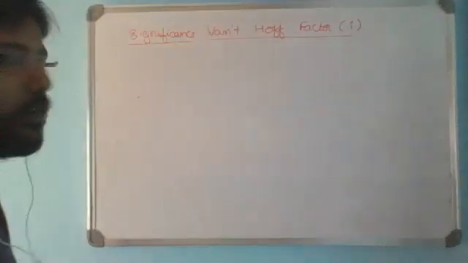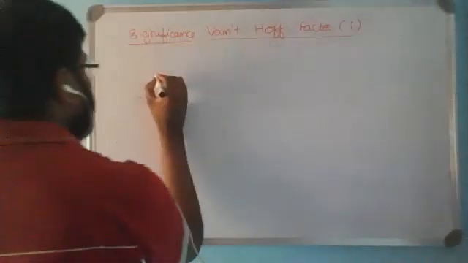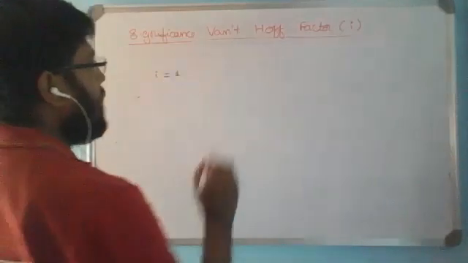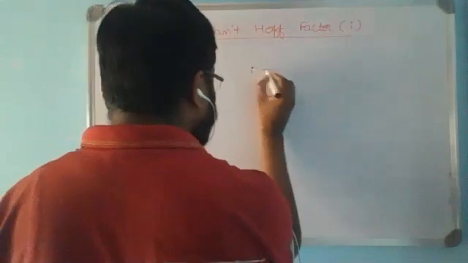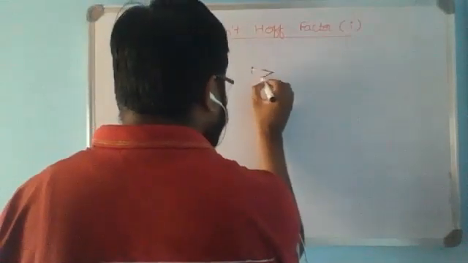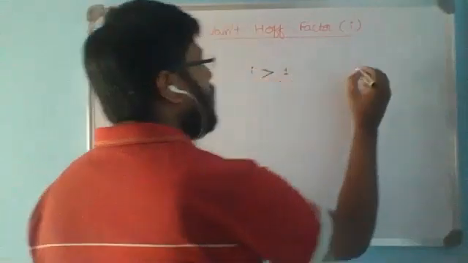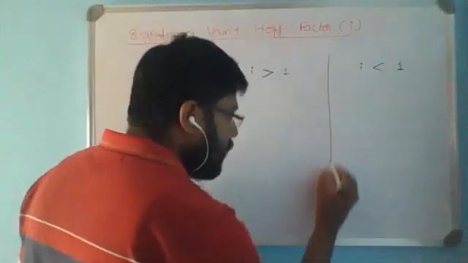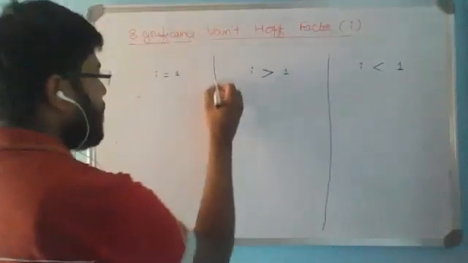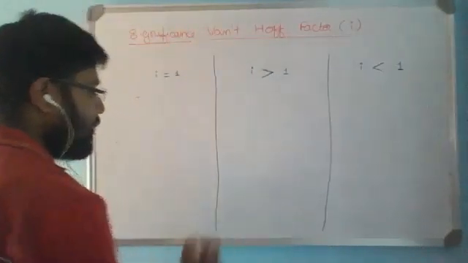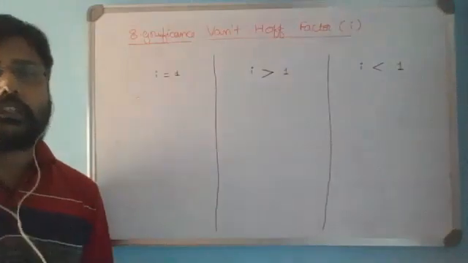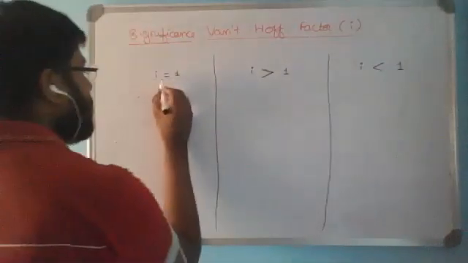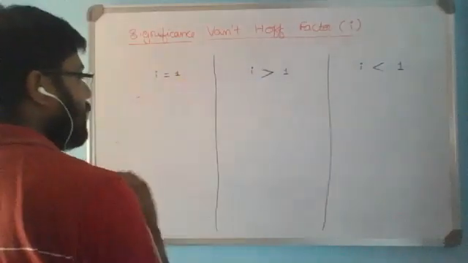Significance of the Van 't Hoff factor. Now we can see the i value in these three possibilities. i is equal to 1 for a solute in solution, or i may be greater than 1, or Van 't Hoff factor may be lesser than 1. So with suitable examples, we'll discuss all these three significance, information about the solute nature in the solution. Now if i value is 1, what it signifies we'll try to learn.